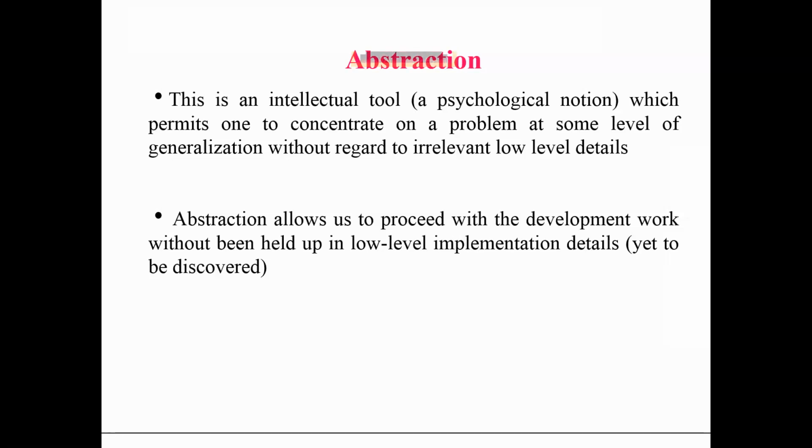Attributes and methods. Then abstraction is without considering the lower level details of the class, you consider only the higher level details. Example, a car. You are not going to mention the engine model, engine type or anything. You mention what is the color of the car, what is the model of the car. That's the abstraction level. Did you understand what is abstraction? That means without considering the lower level implementation, we consider only the higher level implementation in abstraction.